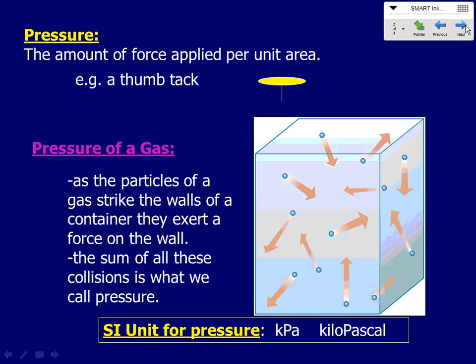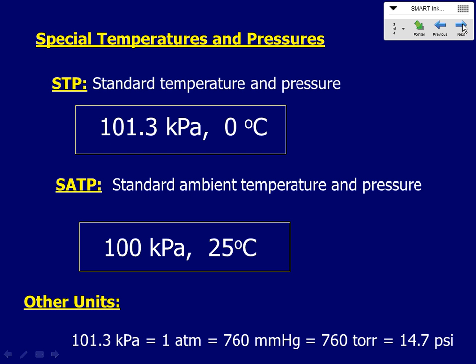If we had a meter squared and I took a 100-gram mass and could smear it over that meter squared, that would be a pascal of pressure. If I could put my hand under it, I would hardly feel anything. So we need to talk in terms of thousands of pascals, kilopascals, in order to have any significant amount of pressure. Okay, so some very important temperatures and pressures that we will be encountering in this course.